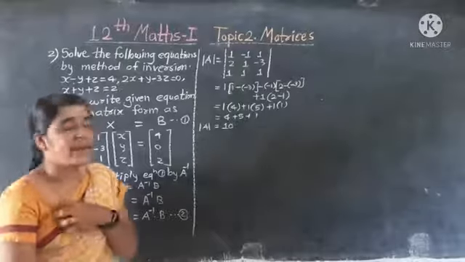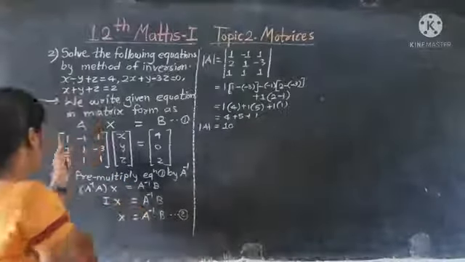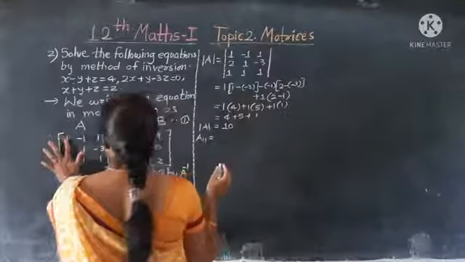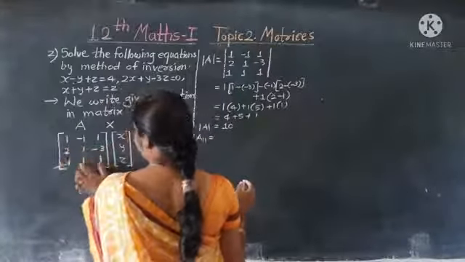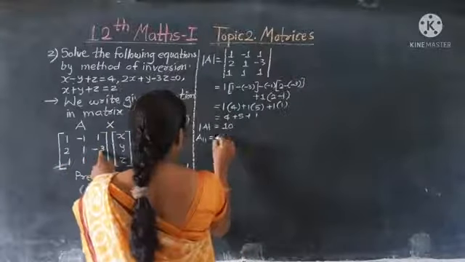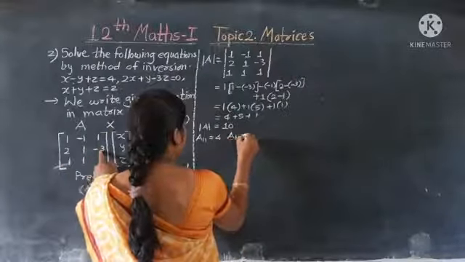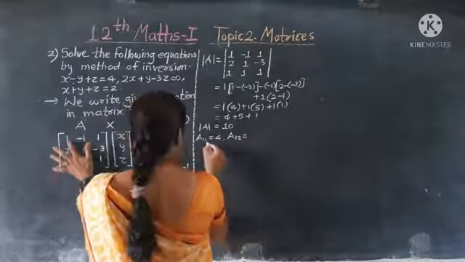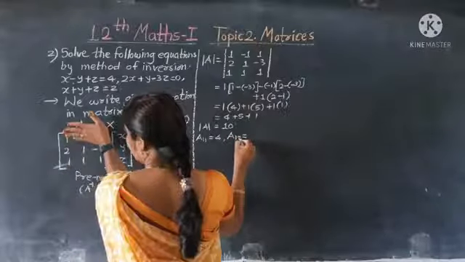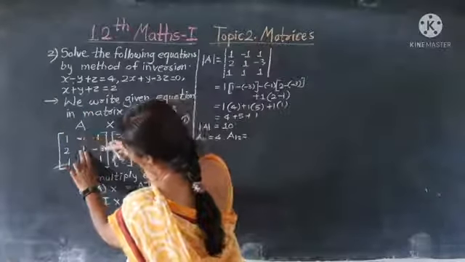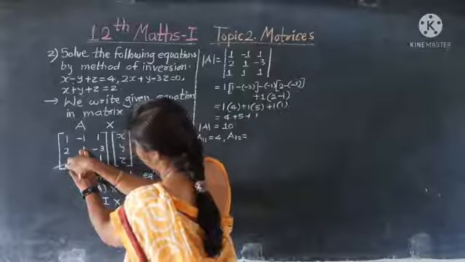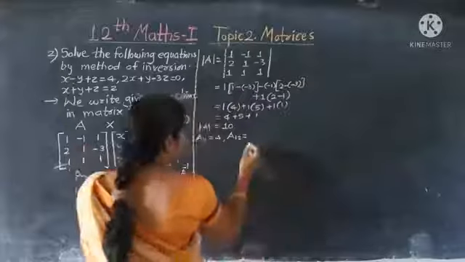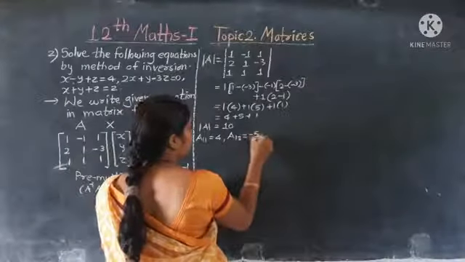Okay. Now by adjoint method we find the cofactor. Find the cofactor of each element first. A11. You neglect this row and column, you get 1 plus 3. 1 plus 3 means 4. Then A12. You neglect this row and column. In the first row positive and then negative comes. You neglect this row and column. 2 minus, plus 2 plus 3. 2 1s are 2, 3 1s are 3. 2 plus 3 is 5. And here the odd number, therefore minus 5.